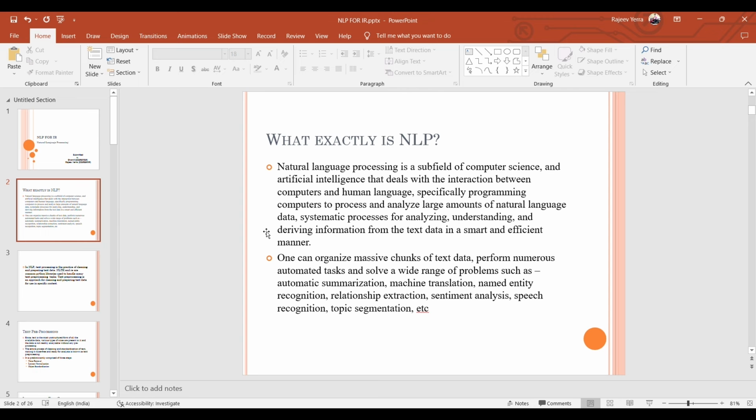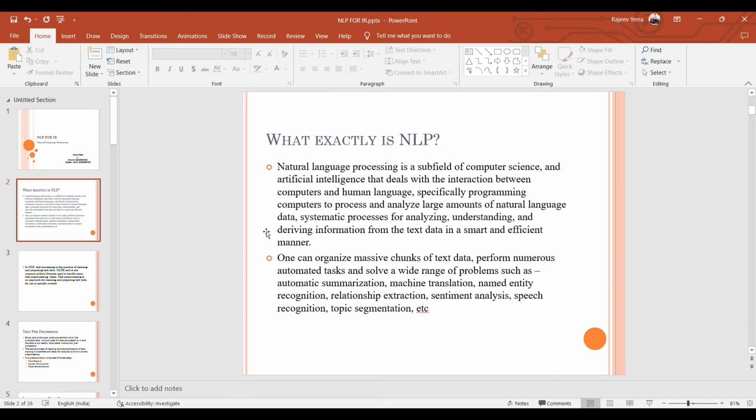So what exactly is NLP? Natural language processing is a subfield of computer science and artificial intelligence that deals with the interaction between computers and human language, specifically programming computers to process and analyze large amounts of natural language data. It is systematic processing for analyzing, understanding, and deriving information from text data in a smart and effective manner.